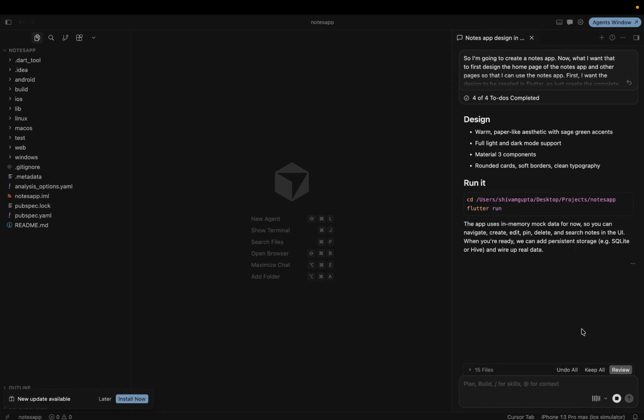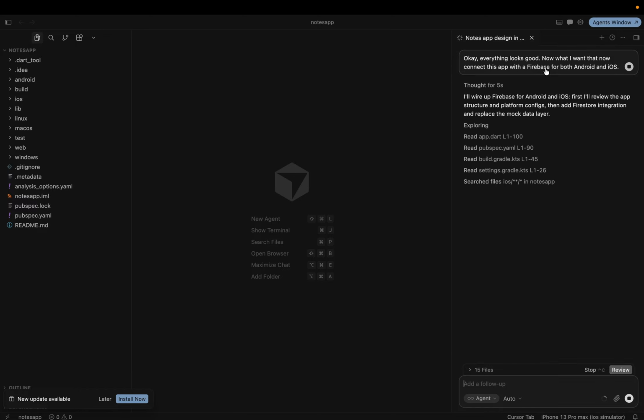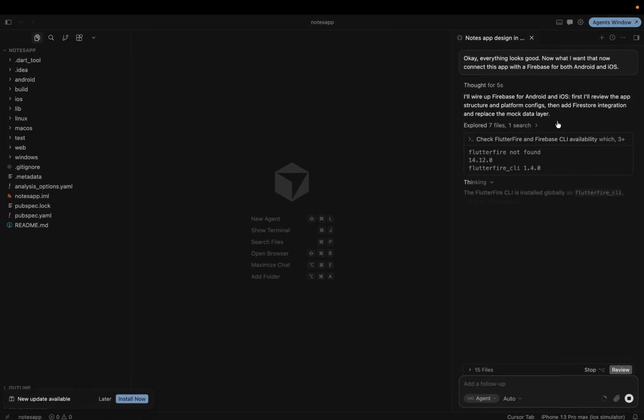Okay, everything looks good. Now what I want is: connect this app with Firebase for both Android and iOS. Yeah, so this is the prompt that I have passed. I've told Cursor to connect this app with both Android and iOS so that I can test the app on Android and iOS devices. Okay, so it is saying that I will wire up Firebase for Android and iOS. First, I will review the app structure and platform configs, then add a Firestore integration and replace the mock data